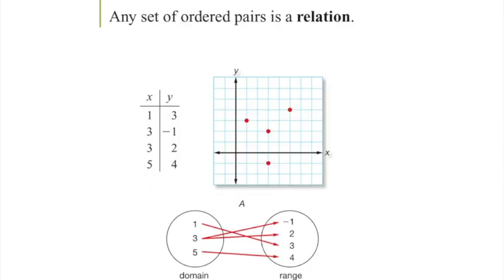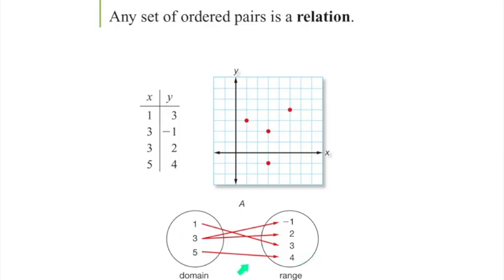Now, this is where we started getting into a little bit of terminology here. Any set of ordered pairs is called a relation, all right? And so they can represent it multiple ways. They can just give you a list of them, x's and y's. They could give you a coordinate plane with a graph of them, or you can have what's called a mapping diagram. A mapping diagram, it has 2